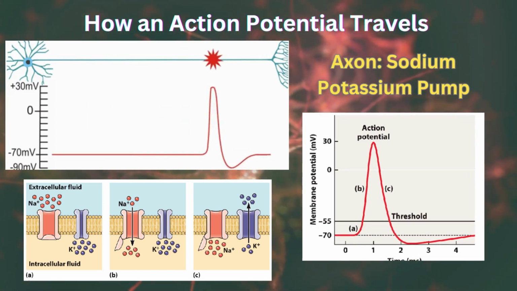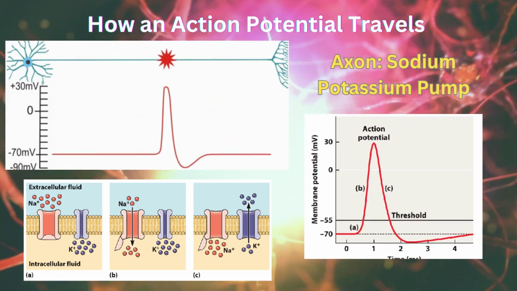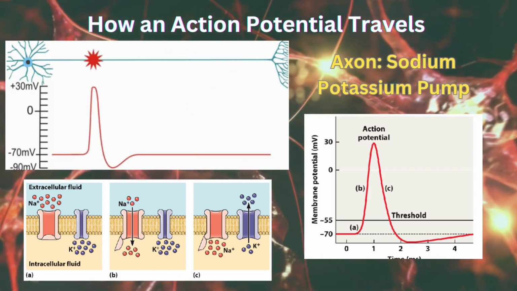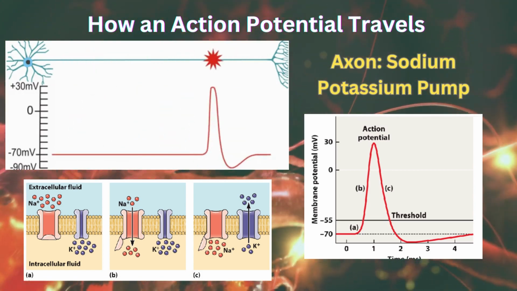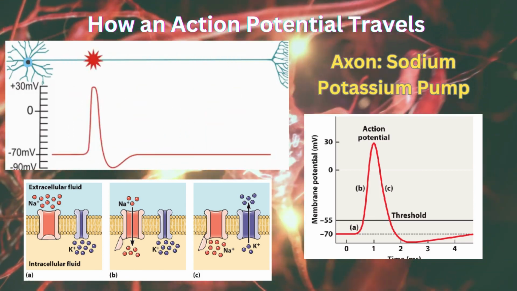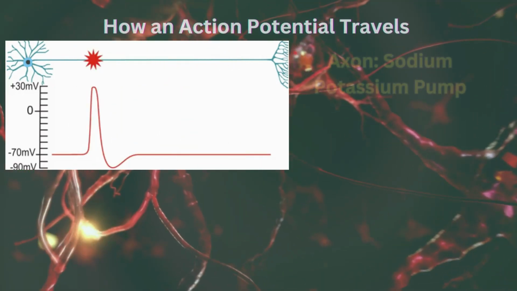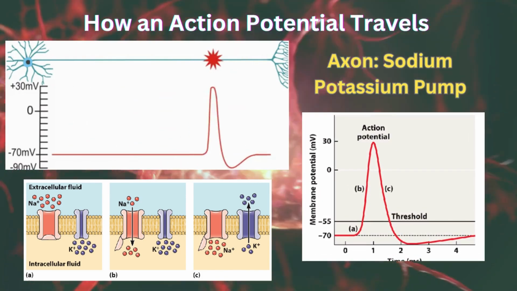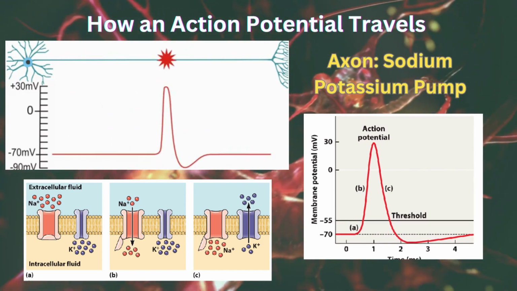The process begins when an action potential, an electrical signal, travels along the length of a neuron's axon. Action potentials are triggered when the neuron receives a stimulus that exceeds a certain threshold. This electrical signal carries information and is used to communicate between neurons. The action potential travels down the axon, eventually reaching the end of the neuron's axon, known as the axon terminal